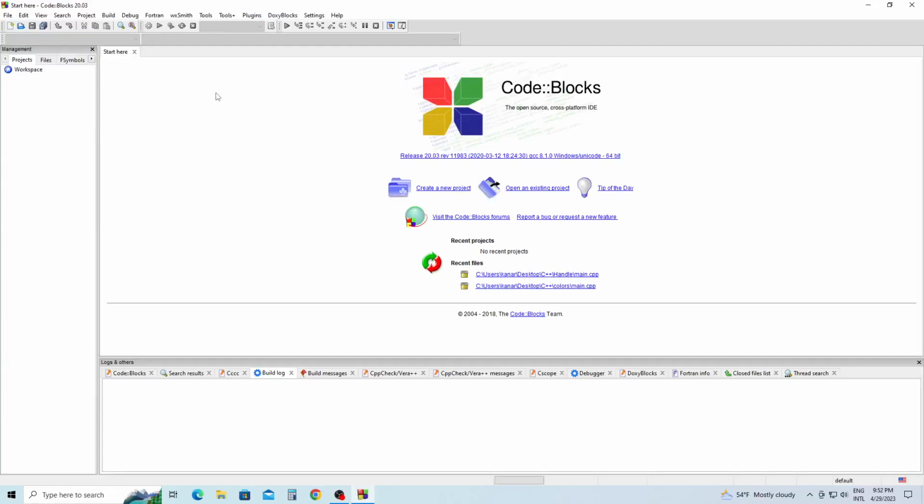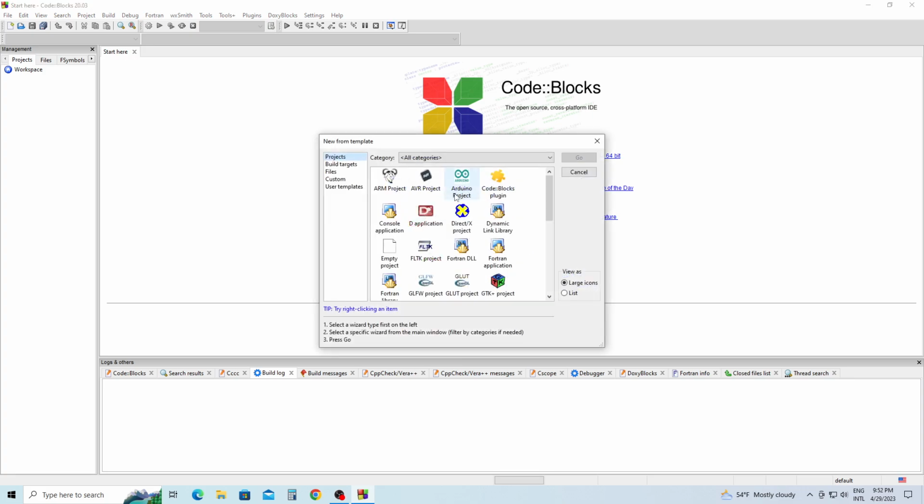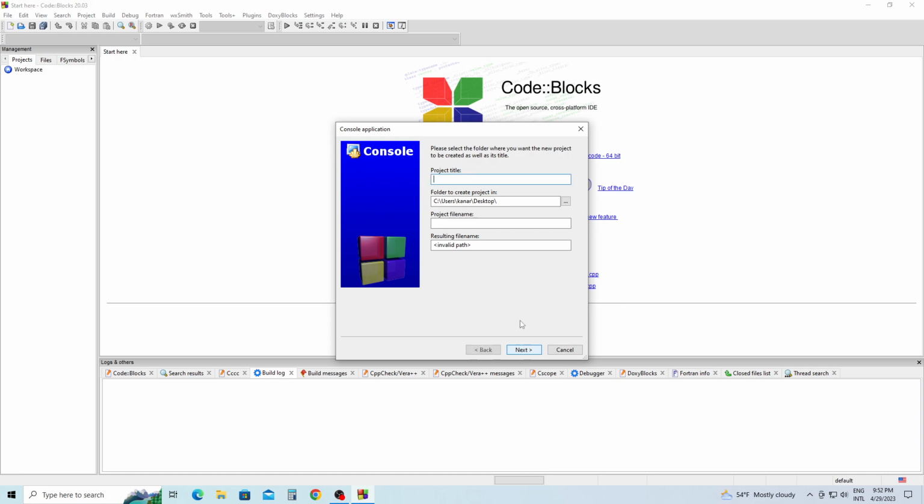Hello everyone. In this video lesson today in C++, we're going to learn about something called pointers, how to initialize them, and retrieve values from the address memory. To do that, we're going to create a new project, console application, click go, C++, click next,